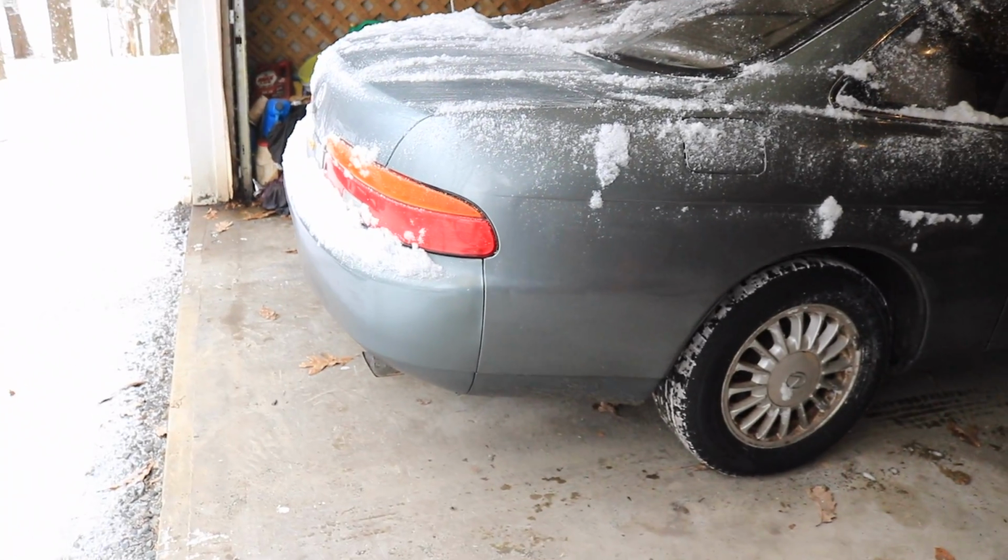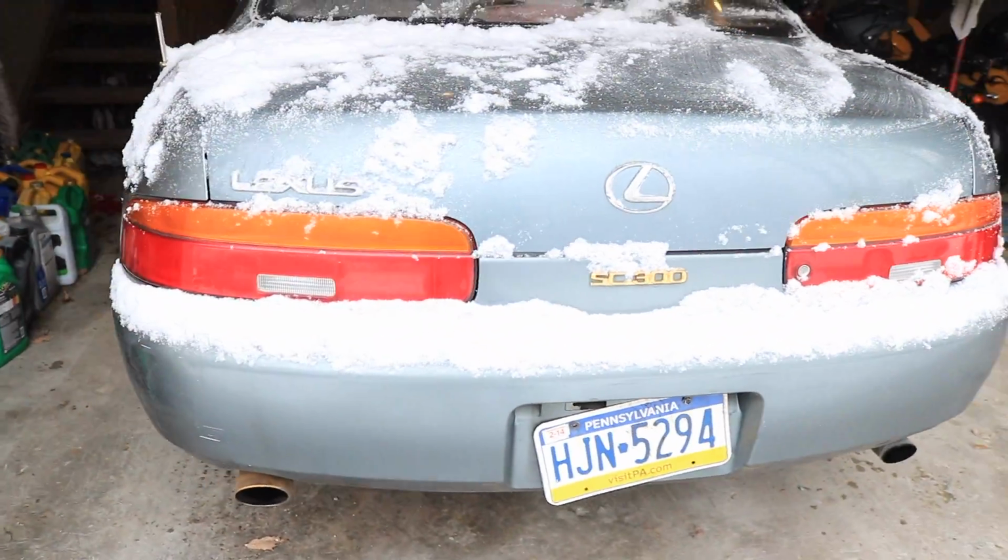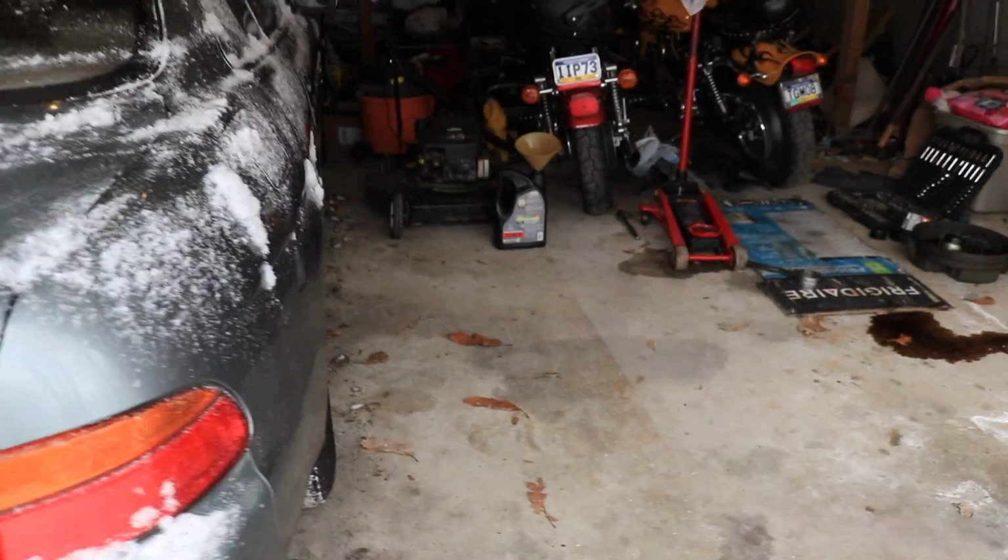Okay, are you guys ready to see this hunk of shit? It's a piece of shit. I mean, that's just what it is right now. So this is it. An SC300. 2JZ, it's got a naturally aspirated motor, so